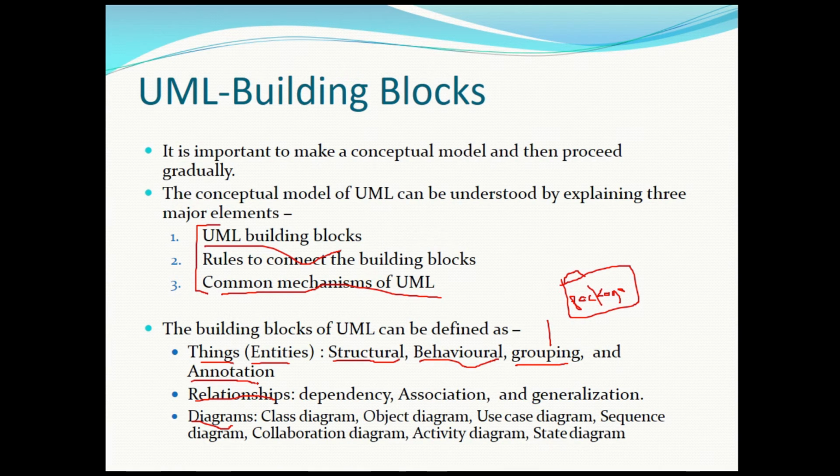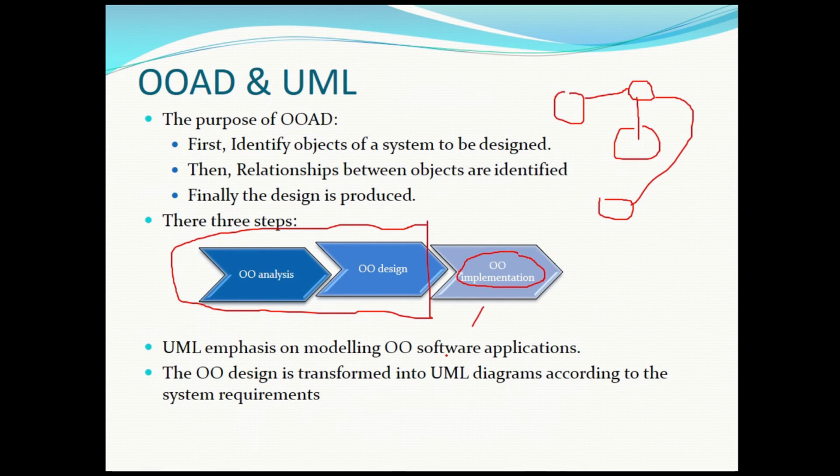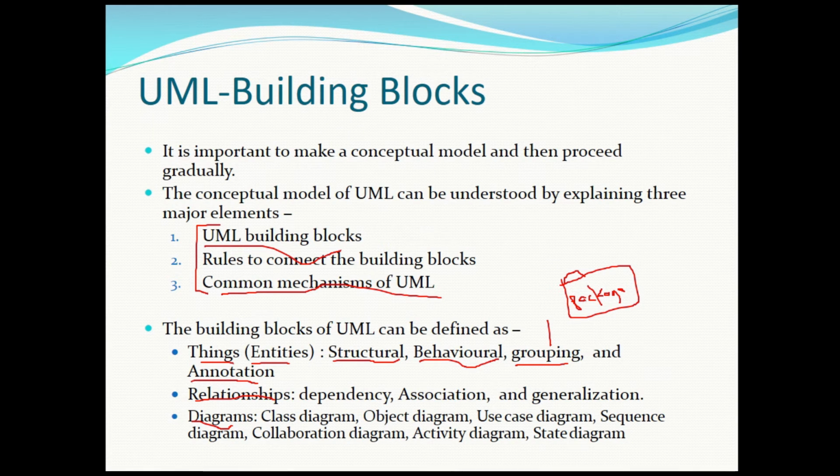And the relationship, we have already explained this relationship. We explained the association, the aggregation, the composition, the generalization, specialization, and dependency. And we will have to implement these things in all the diagrams. And the last one is the diagram. We have so many diagrams. Some of the diagrams are considered structural, some behavioral, some state diagrams, and so on. So these are the three blocks in